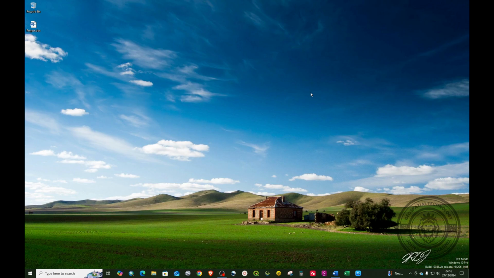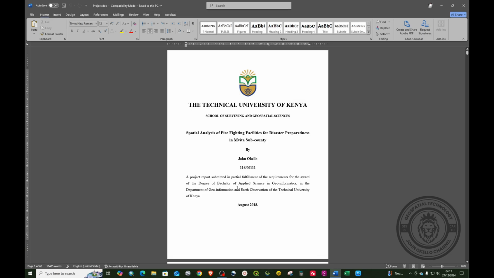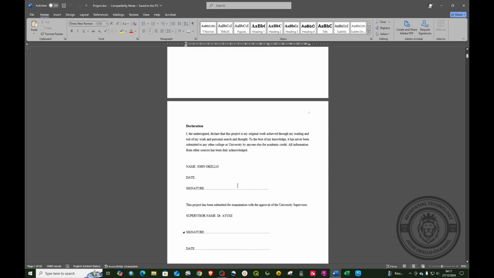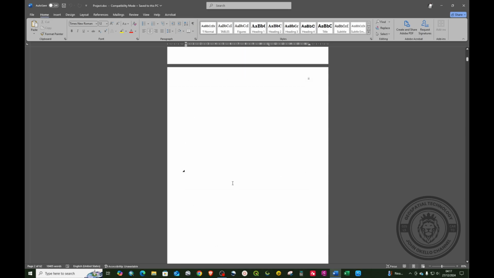Today I want to show you how to delete blank pages in a Word document that may seem to be undeletable. I have this document here, and I want to delete a page here. And so the first step that I may want to take is by going to this Home tab, and then